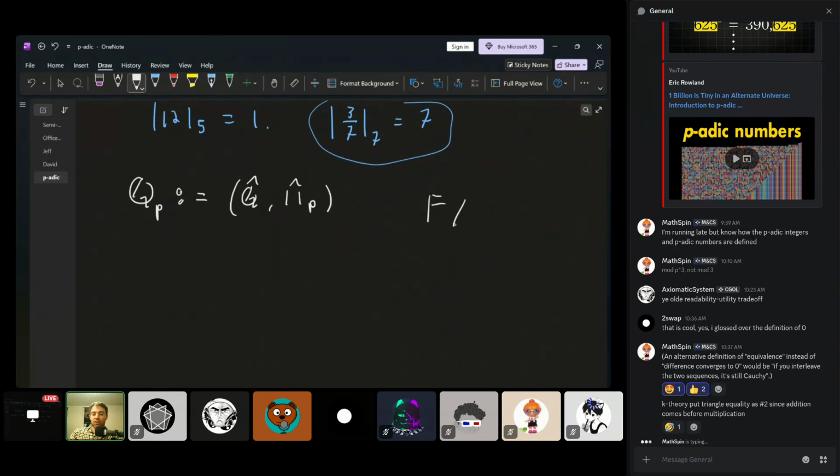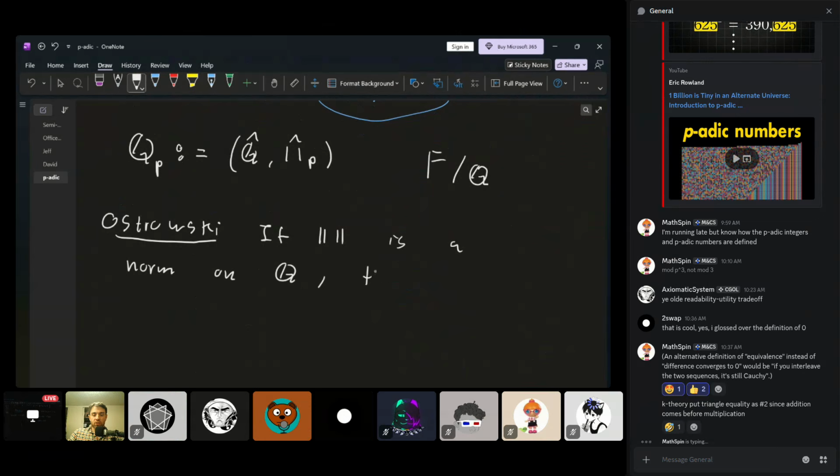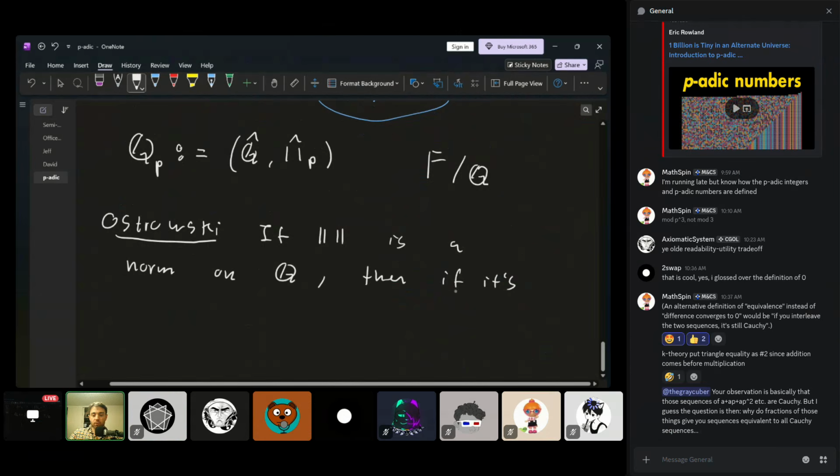But there is a generalization of this to number fields, so finite extensions. All of these things I'm saying actually have extensions and are very useful in algebraic number theory more generally. But the basic version of what's called Ostrowski's theorem says the following: if we have a norm on the rational numbers, if it's not the trivial norm,